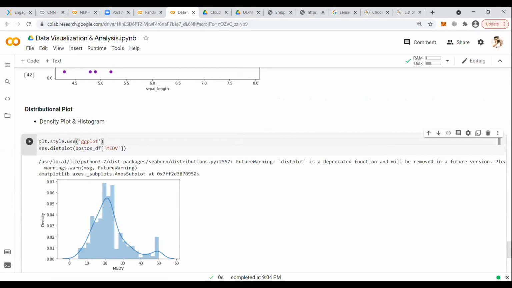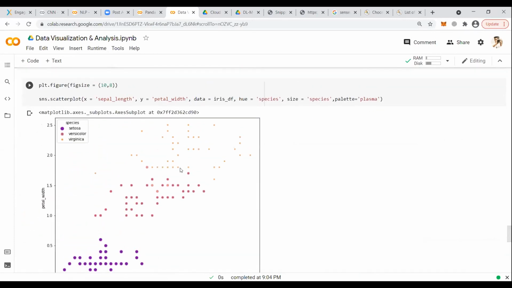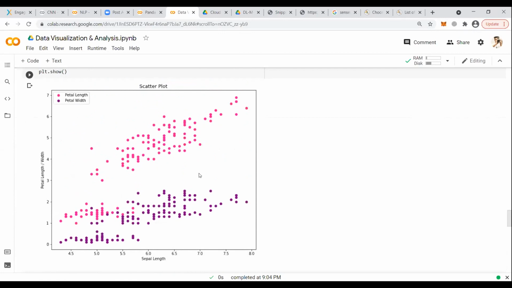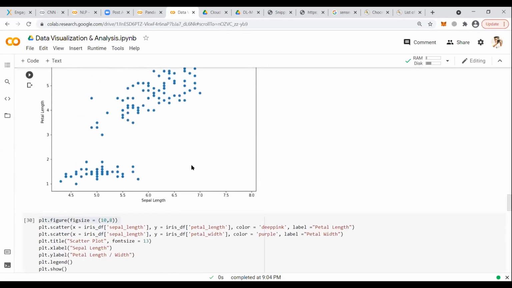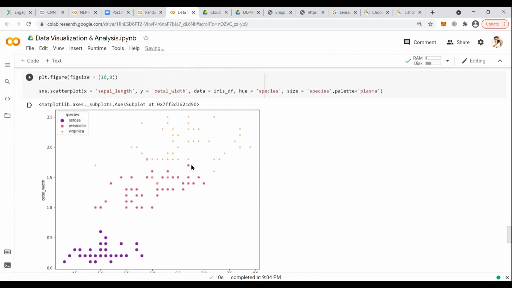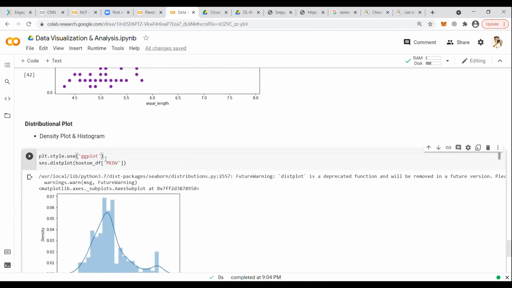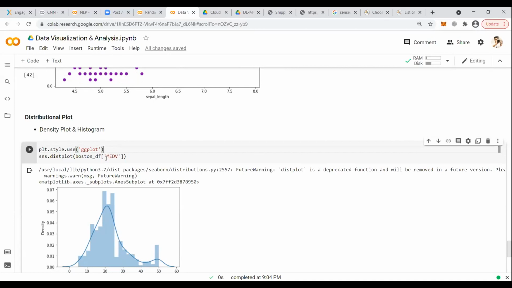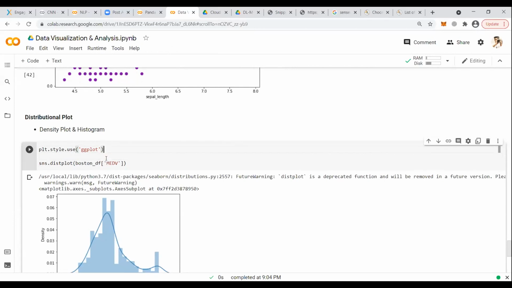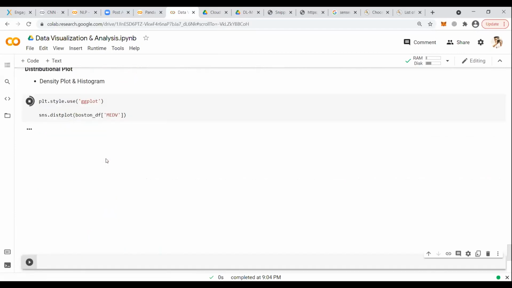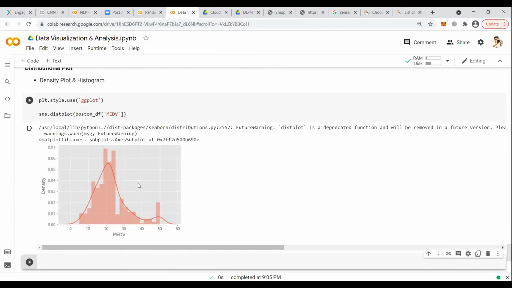If you look around, all these images have one thing in common, a white background. It is a default setting. But can we not have any other shade? Yes, we can. There are 2 methods. One is plt.style.use, and you can provide the names here. One of the names is ggplot that I personally use a lot. And here is your plot.